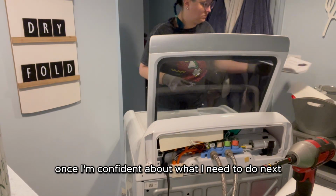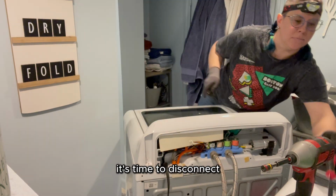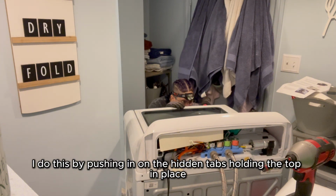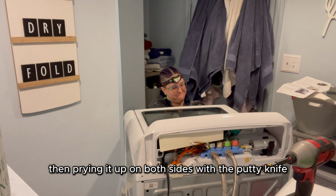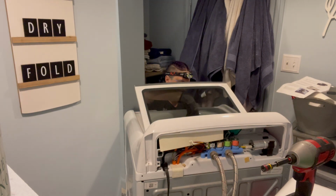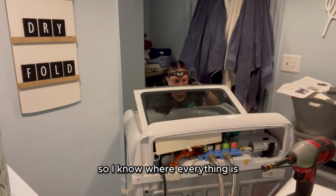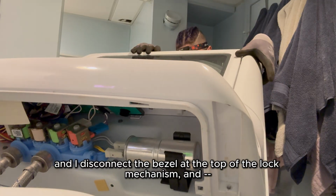Once I'm confident about what I need to do next, it's time to disconnect the front part of the top of the washing machine. I do this by pushing in on the hidden tabs holding the top in place, then prying it up on both sides with a putty knife. Then I lift the top and take a look at the latch assembly so I know where everything is, and I disconnect the bezel at the top of the lock mechanism and...